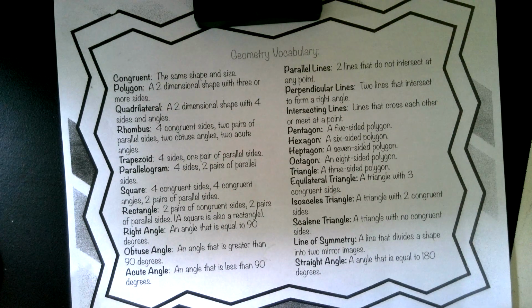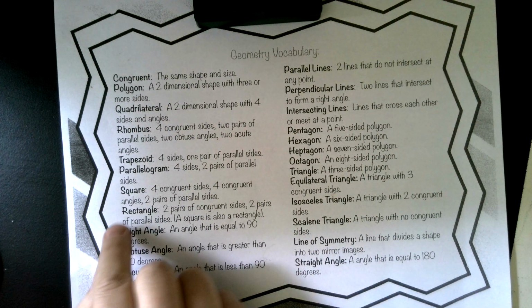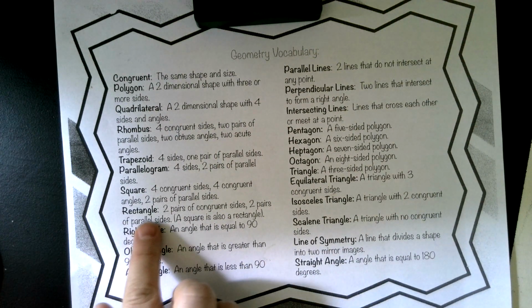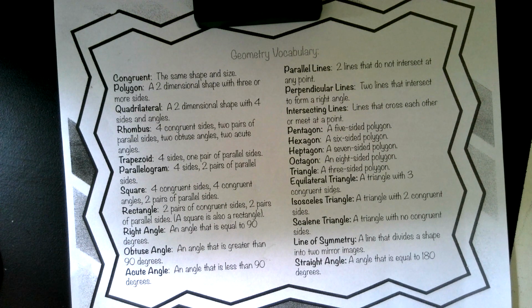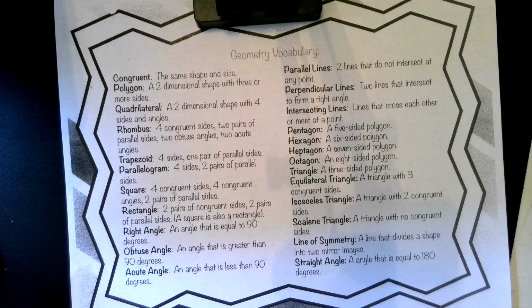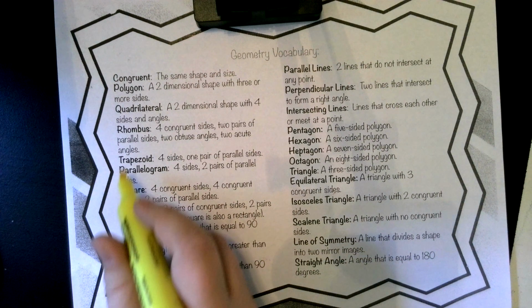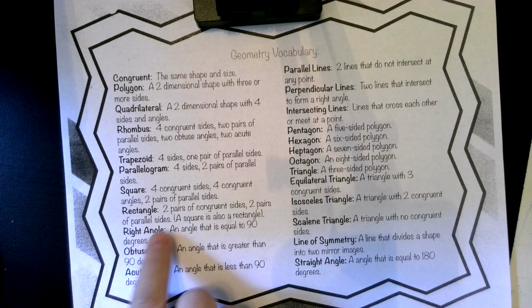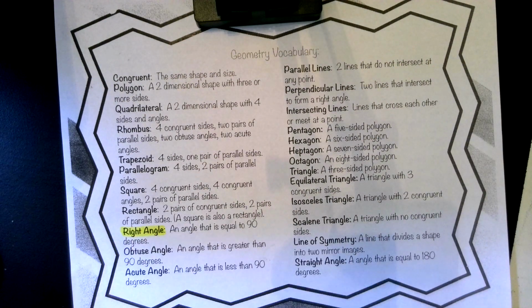So I want you, if you have a highlighter, great. If you don't, take your pencil and underline it, or take a crayon and kind of color over it, whatever you need to do to be able to keep up with these words and easily find them when you need to. So here are the 4 words. Down at the bottom of this first section, it says right angle. I want you to highlight or underline that word. Put a little star beside it, something so that when you look at this paper, it's going to pop out to you. Right angle,